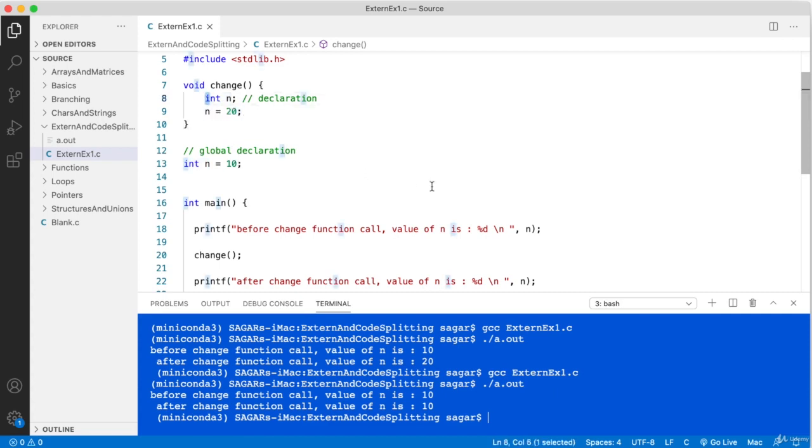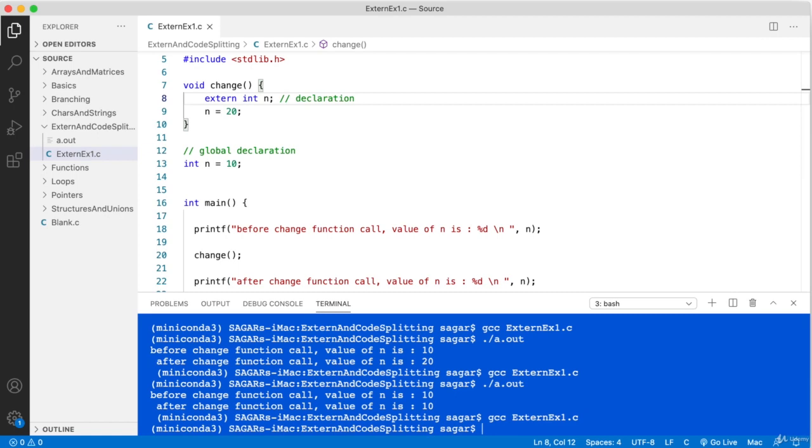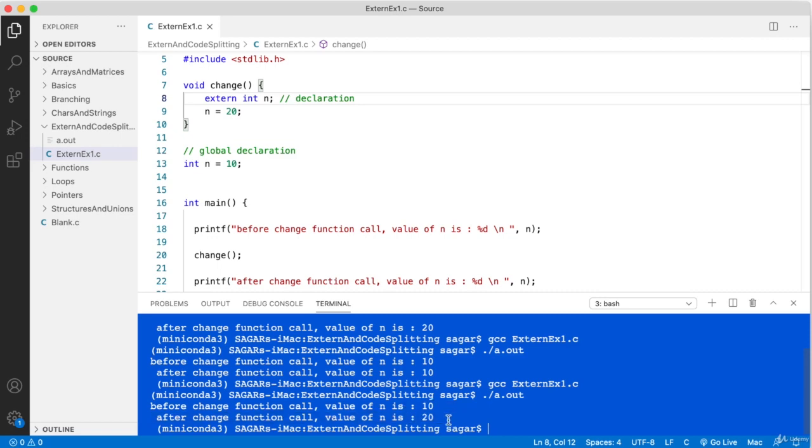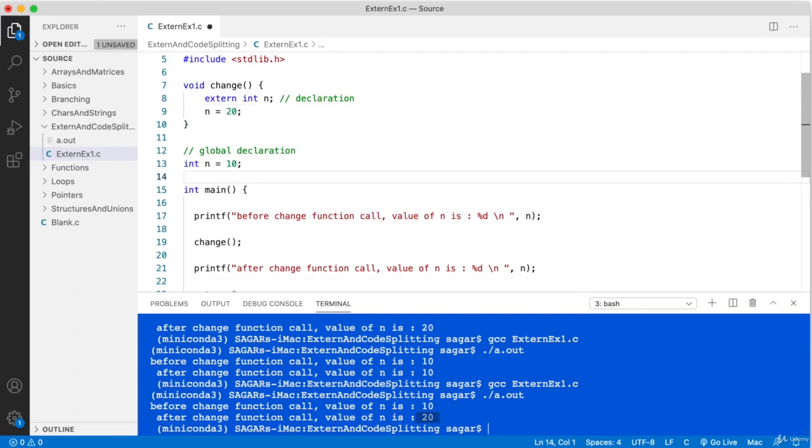When I make it extern, and now compile and run it, you can see it affected the global one. So that's the difference between these two. And there is one other very important point related to this as well. Let's see that in the next lecture.